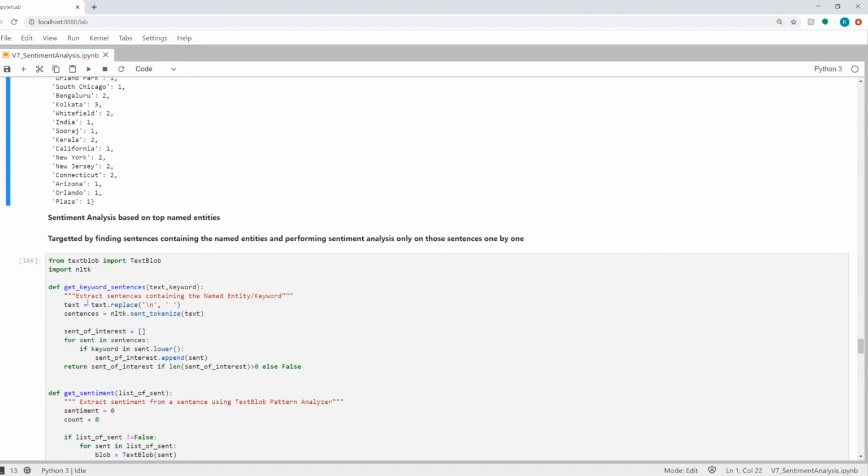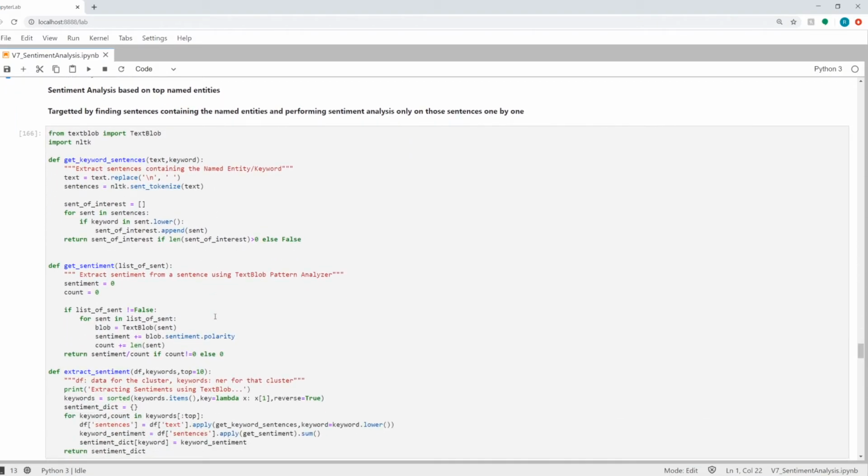You can even increase the scope to the previous sentence and the next sentence depending on the context. It all depends on the context. Context is king in NLP. So you need to fine tune your model based on how you want to do the sentiment analysis, whether it is on just one word or the whole sentence, or one sentence prior and one sentence next. That's how you need to train. You need to do a lot of work in order to create a very good sentiment analysis system.